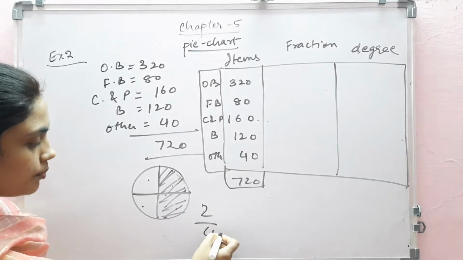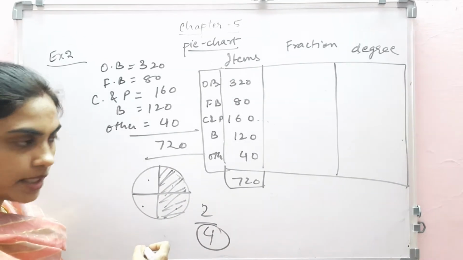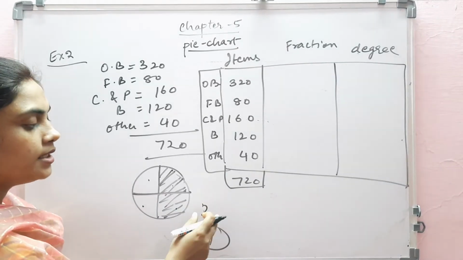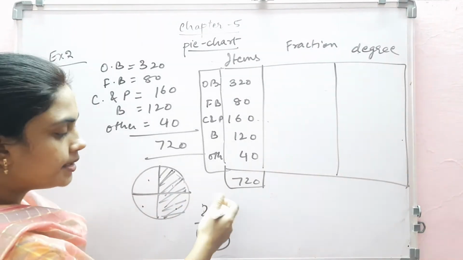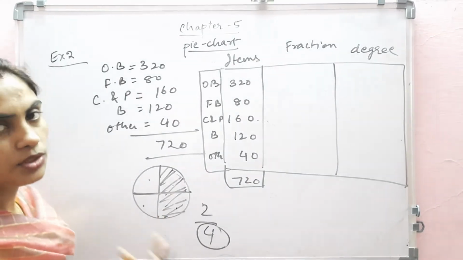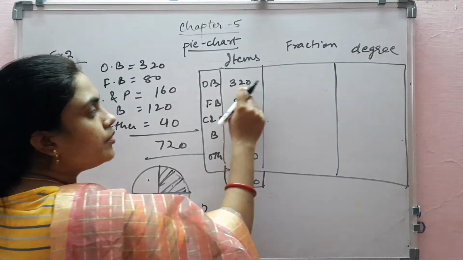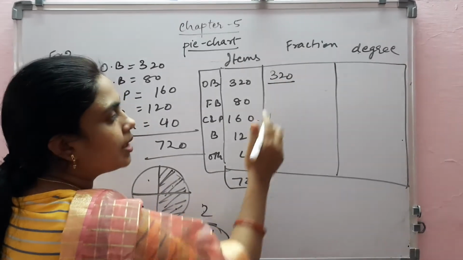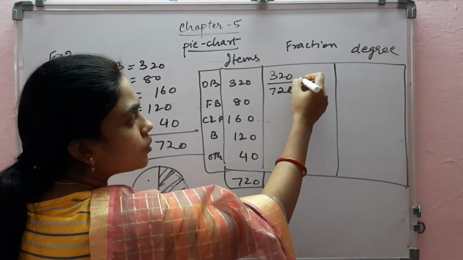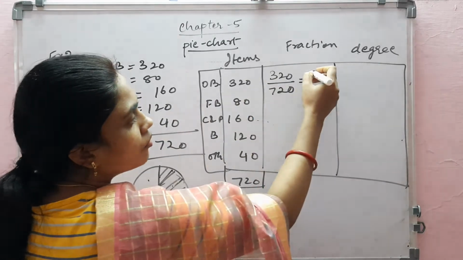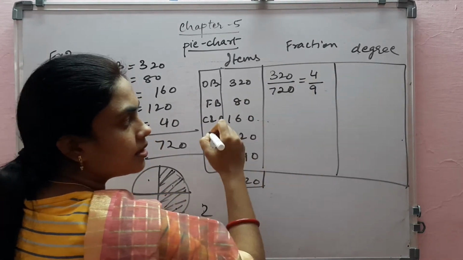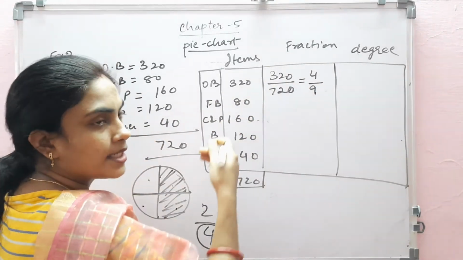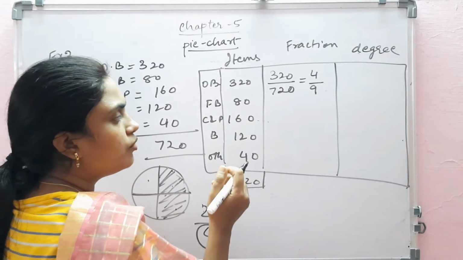You can represent here. So you can find a fraction from this. How? You will put the total in the denominator and the required number in the numerator. Then if you cancel them out, you will get a fraction. So our required number is 320 and the total number is 720. So what will be the value? 4 by 9. 8 की table से cancel out हो जाएगा, then it will become 4 by 9.